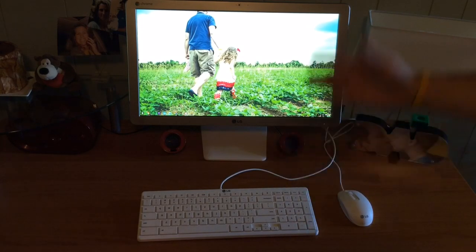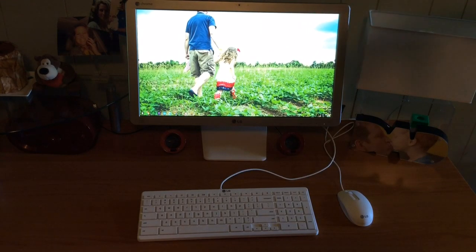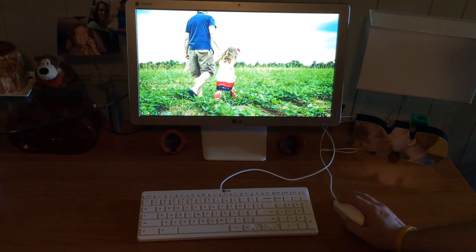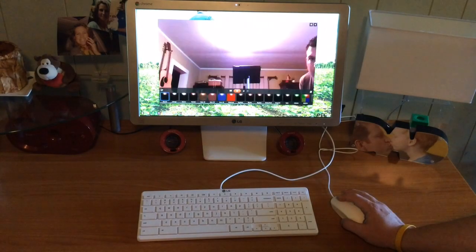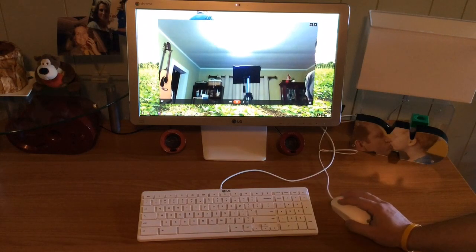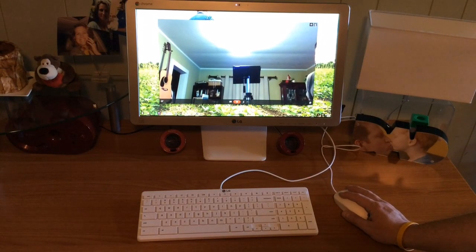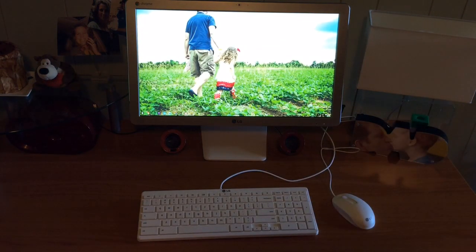Along with the device at that $350 price point, you get a front-facing camera, which does pretty good. I have a decently dark room in here. It's not the brightest thing in the world, and it did quite well. I can actually show that to you real quick. And you can see, like I said, there's the camera, guitar on the wall, that kind of stuff. Like I said, this is a decently dimly lit room. It's a little grainy. 720p cameras tend to be that way,